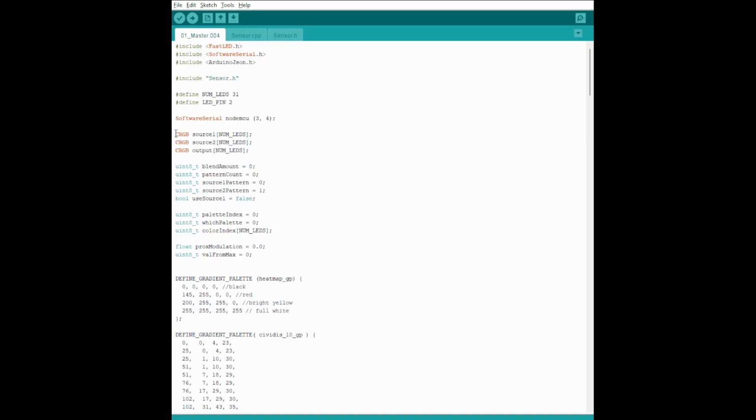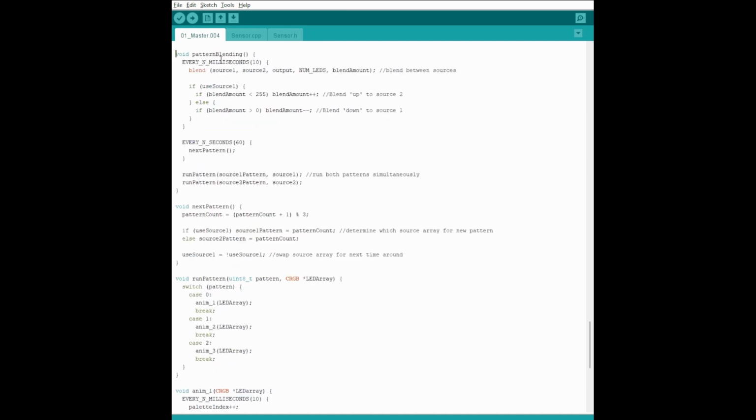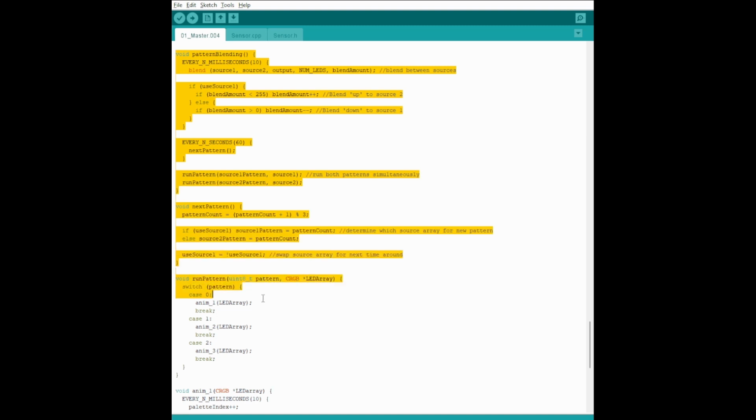Simply switching between patterns was as easy as assigning each pattern to a number and switching between them. However, this created a hard cut between patterns rather than the smooth crossfade that I was looking for. To solve this problem, I actually ended up using a well-established technique from stage lighting, which is actually quite similar to DJing or VJing. I'm using 3 pattern buffers here, 2 source buffers and 1 overall output buffer to crossfade